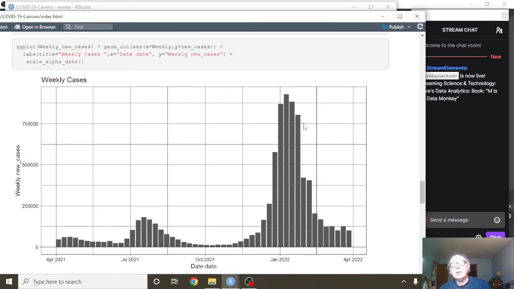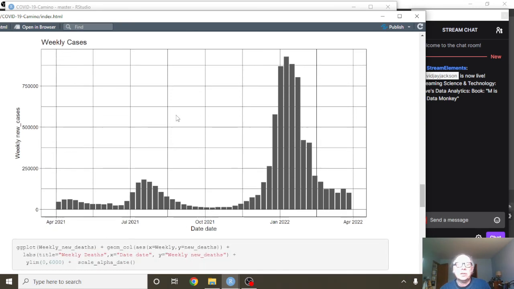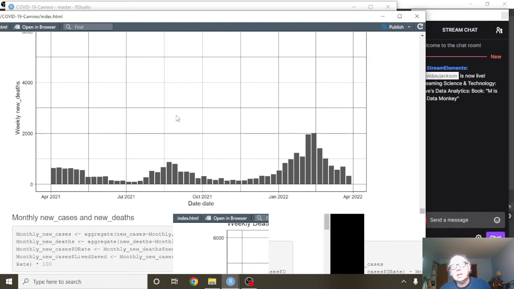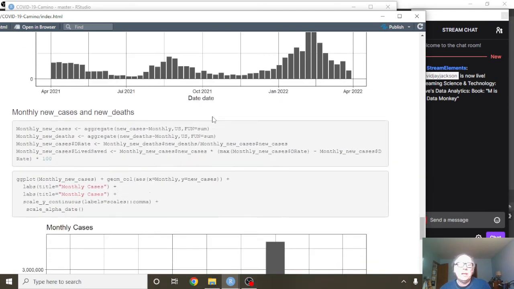Now you can see here the overall trend is still down. Okay, had a little hiccup here, but still then it rebounded to come down below these numbers here again. So cases are showing promising declines. Deaths overall are declining also, except for this week right here. This is good news for deaths in Spain.